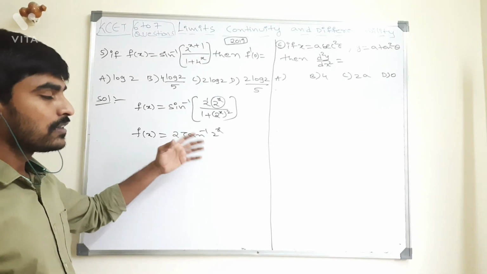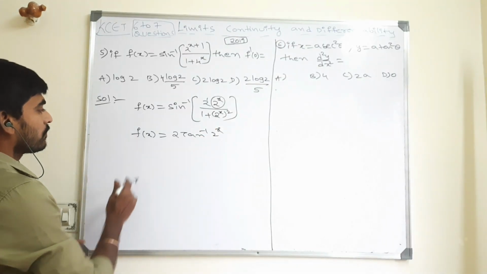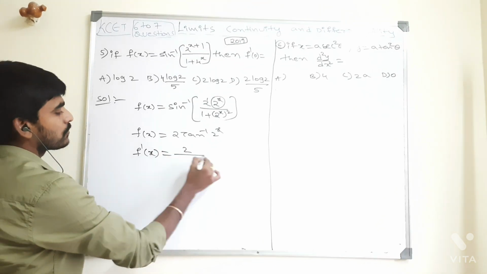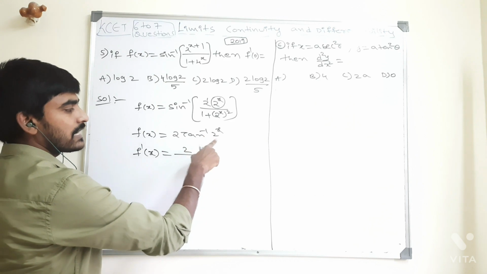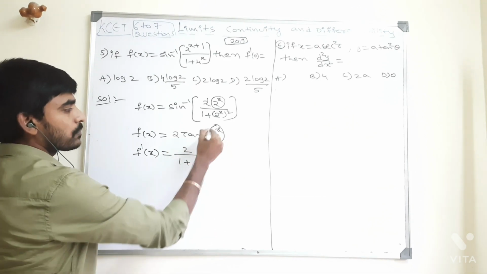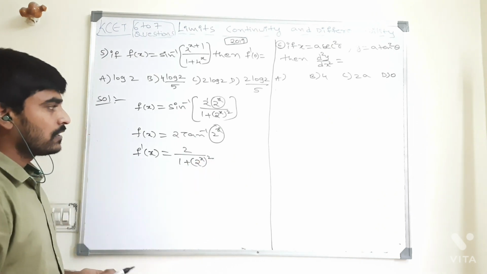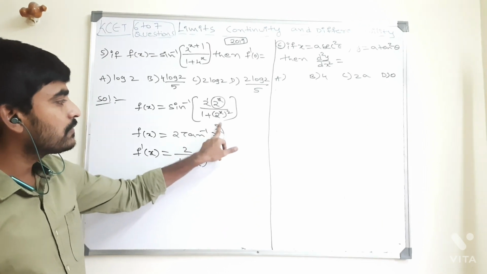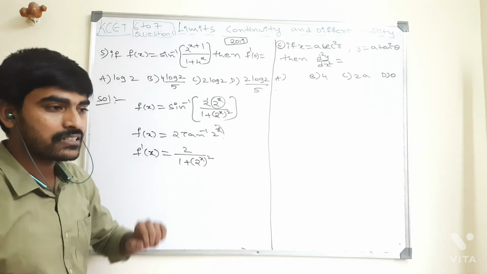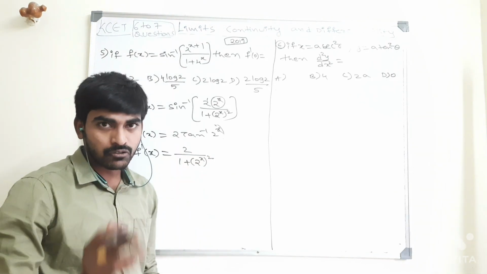These are like standard results, formulas, not standard results also. Direct formulas we should know. So I have written directly. Then next, tell me, here I need f dash of x. F dash of x means what? 2 divided by... tan inverse x derivative is 1 by 1 plus x square. What is in x place? 2 power x, 2 power x whole square. Tan inverse x derivative is 1 by 1 plus x square, but it is x or not x? If it is not x,